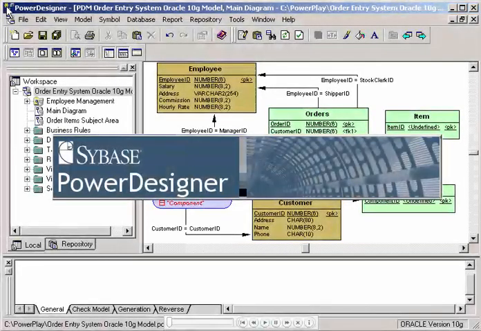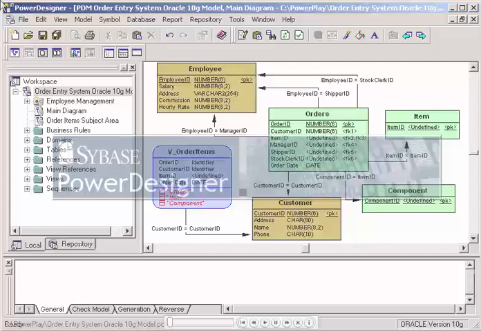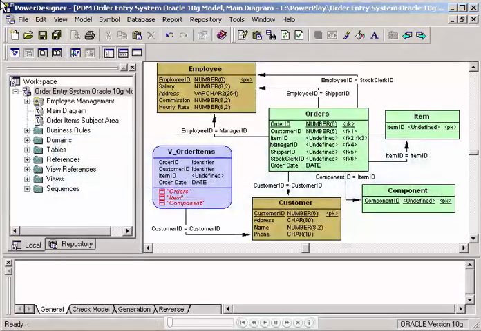PowerDesigner, Introduction to Creating Reports. In this section we'll be talking about PowerDesigner and the new report wizard. We'll be talking about creating a report. We'll be working on a single model report. In this example we'll be focused on a physical data model, but everything expressed here can be used in any